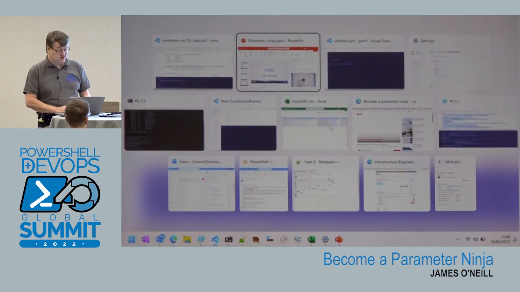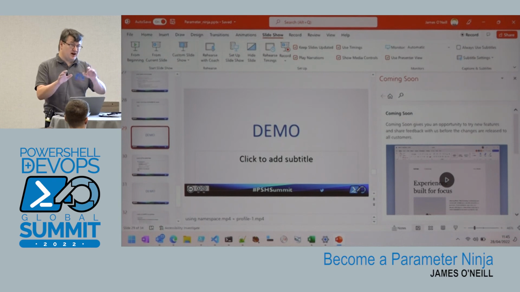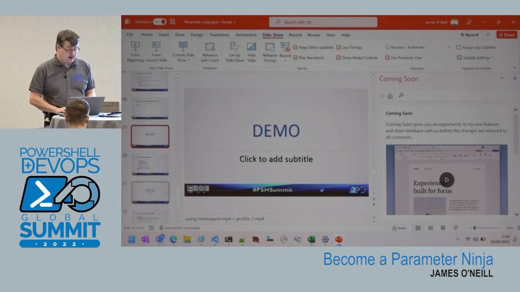So it's the same sort of process, just 3 different ways of specifying them, and you can create a function that calls the class to then bind with register argument completer.